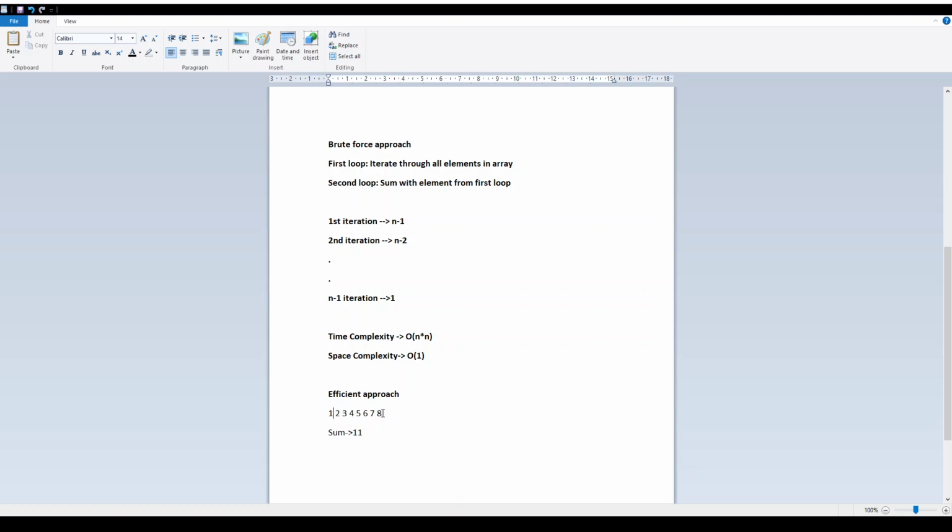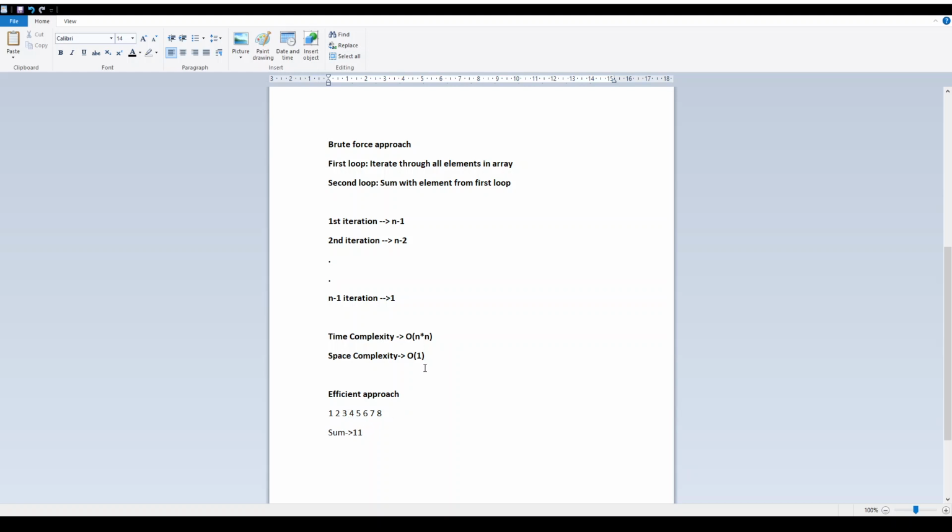So if I move in this direction, I am decreasing the numbers, so my sum will decrease. But if I move from left to right, the numbers are increasing, so my sum will increase.